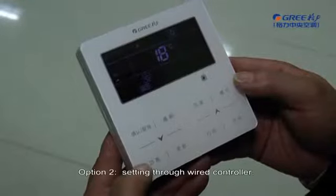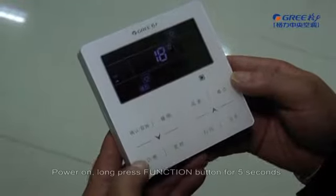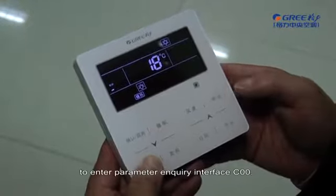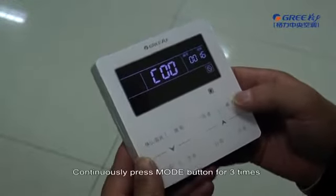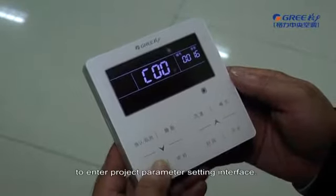Option 2. Setting through wired controller. Operation procedures. Power on. Long press the function button for 5 seconds to enter the parameter inquiry interface, C00. Continuously press the mode button 3 times and then long press the function button for 5 seconds to enter the project parameter